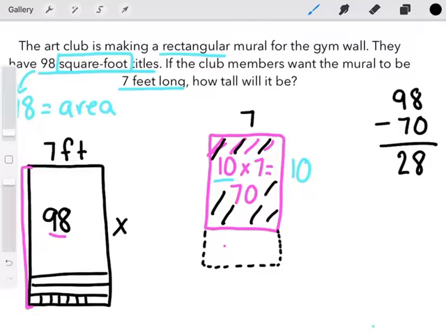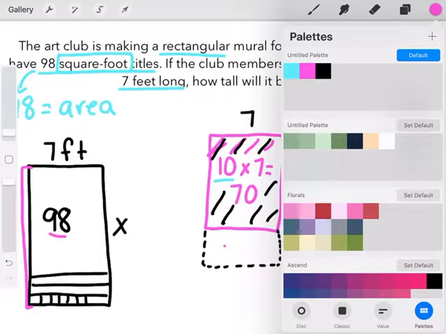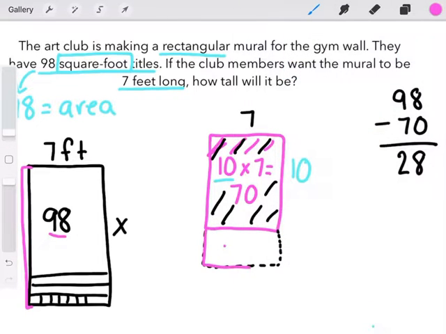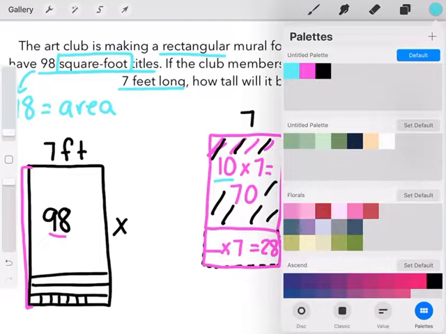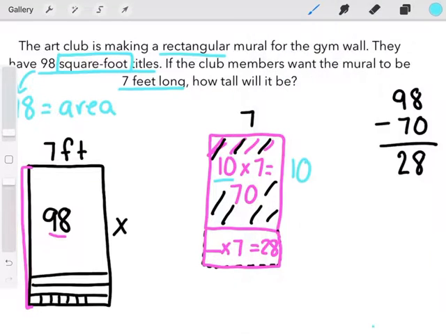So this section has to have an area of 28. So what times 7 would give you 28? Going back to our multiplication facts, we should know pretty quickly that 4 times 7 gives us 28. So that means this part has to be 4